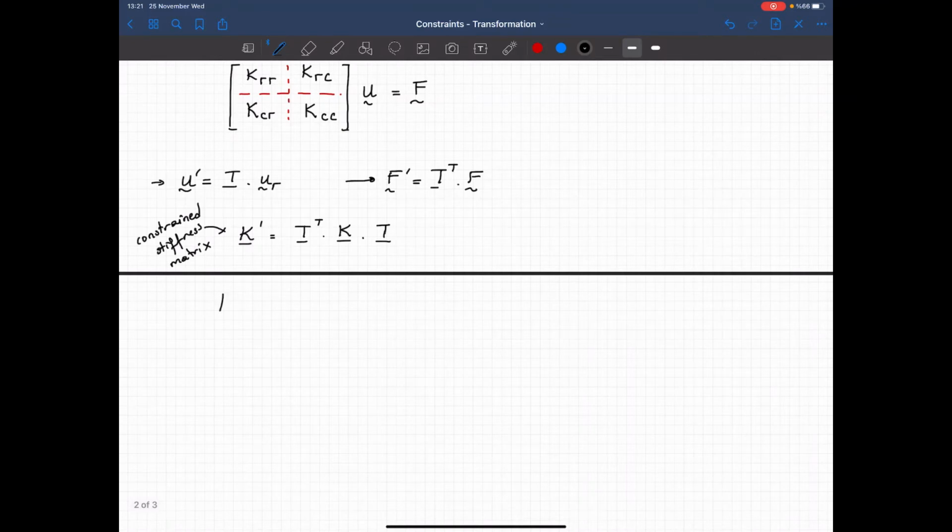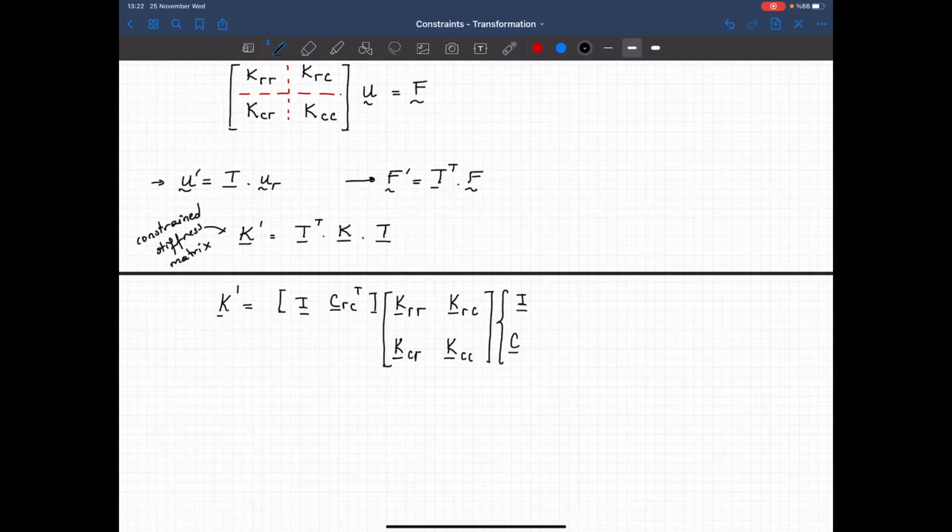So my K prime matrix will be then equal to, the transformation matrix is I stacked with CRC, transposed, multiplied by KRR, KRC, KCR, and KCC. And I will further multiply it by identity matrix stacked with CRC. So at the end of the day, my constrained matrix will have the following form: